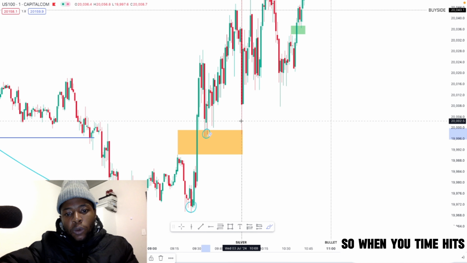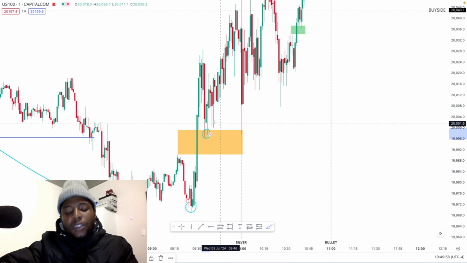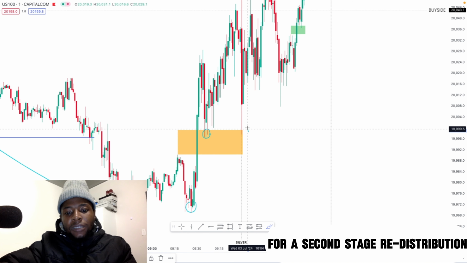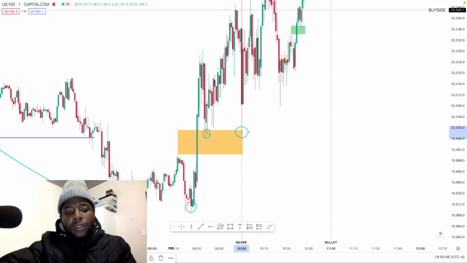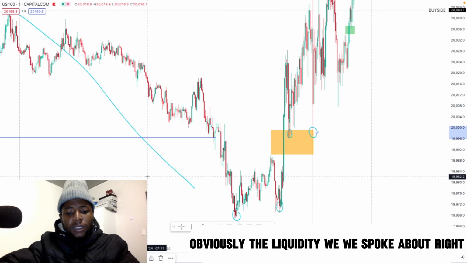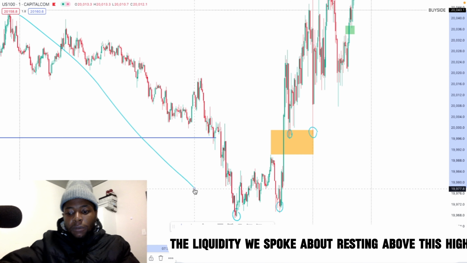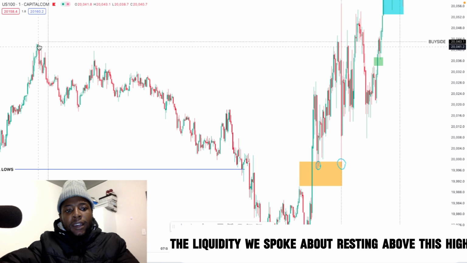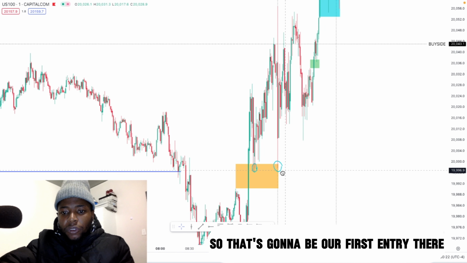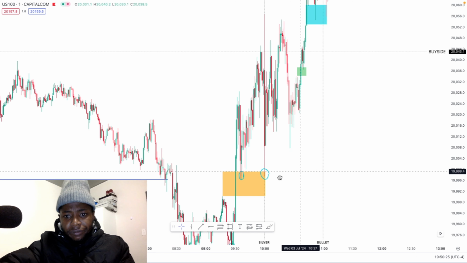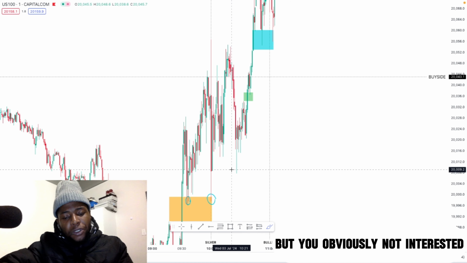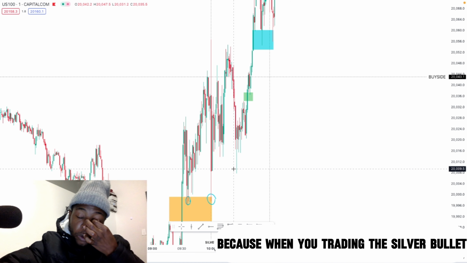So when your time hits, the fair value gap still gets to be used for a what? For a second stage redistribution, right? In a buy model, targeting obviously the liquidity we spoke about, right? The liquidity we spoke about resting above this high from all the traders that were selling, right? So that's gonna be our first entry day. This would be an area of reaccumulation, but you're obviously not interested because when you're trading the silver bullet,